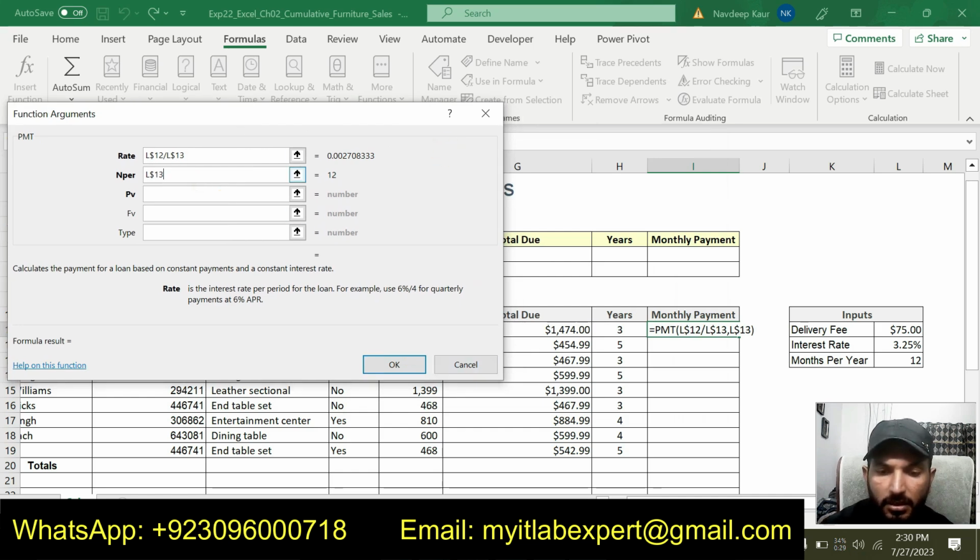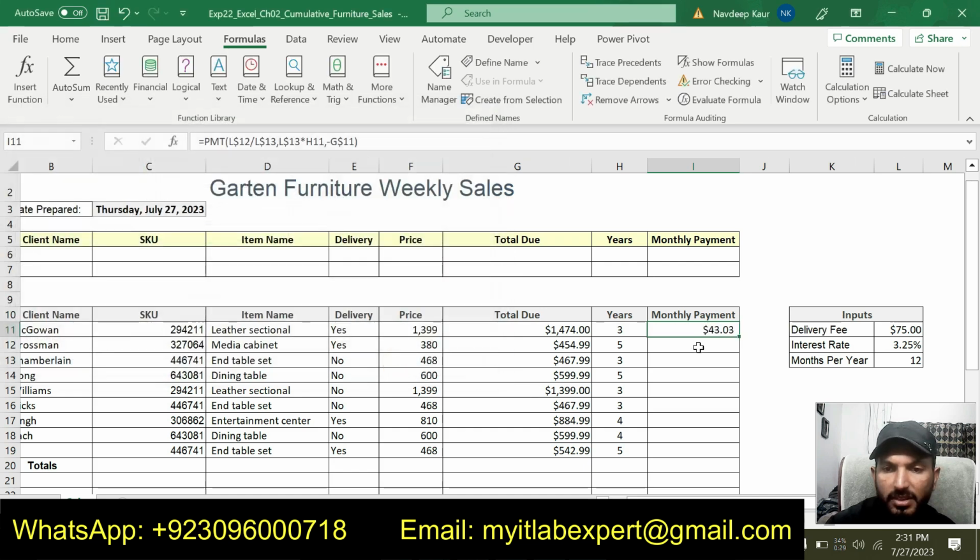So total years are this one, and present value is given here, and we will type a minus sign before this one. So we will get the monthly payment for this one.